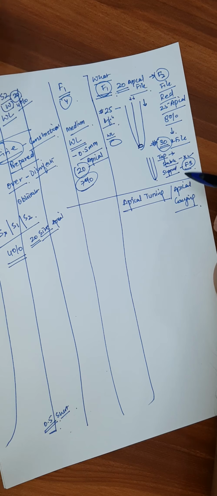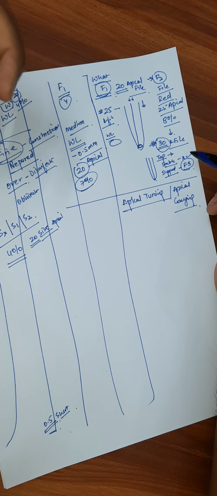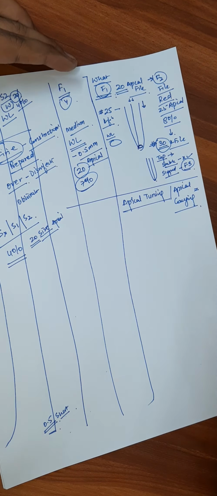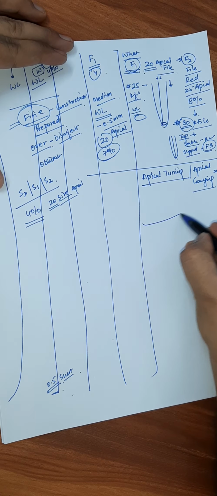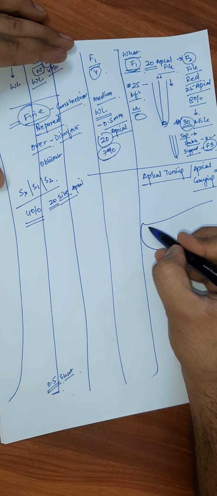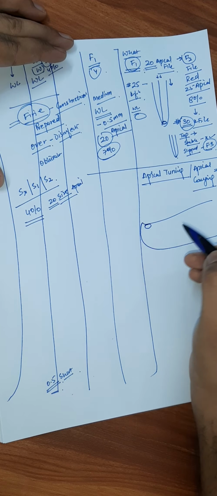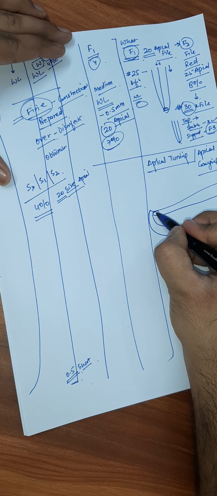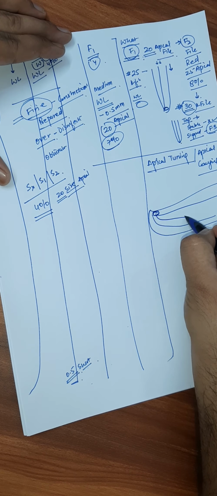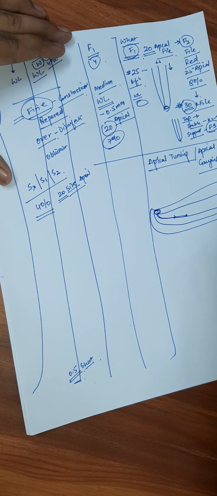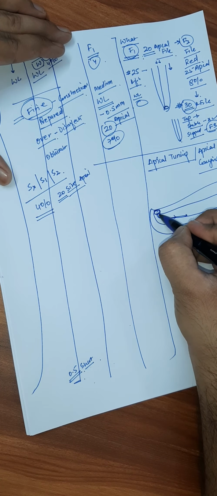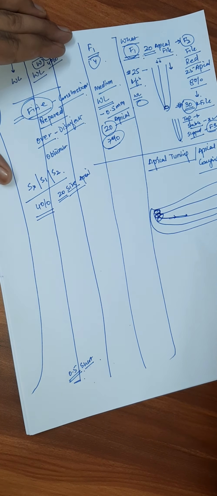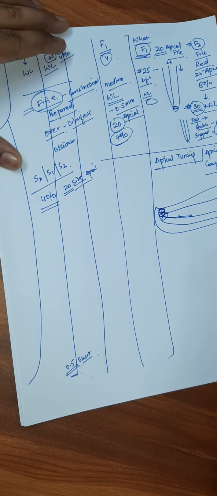That means the natural diameter of your canal is huge. This is also called apical gauging. Apical gauging means that if this is the apex and this is my canal orifice and my file is coming like this, there is a file inside here. So we have to use a K file so that we can check what is the natural diameter of the canal. This is called apical gauging. It is done with files.